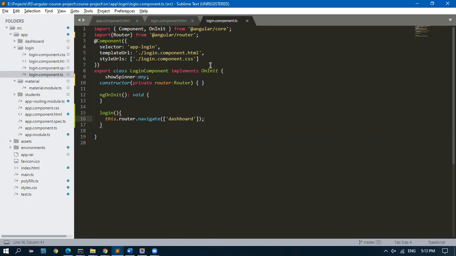Yes, in the HTML we gave it directly. Today we are not giving it in HTML. We removed that HTML code. On button click, we are calling a function in the TypeScript file. In the TypeScript file, I'm giving the same code here.